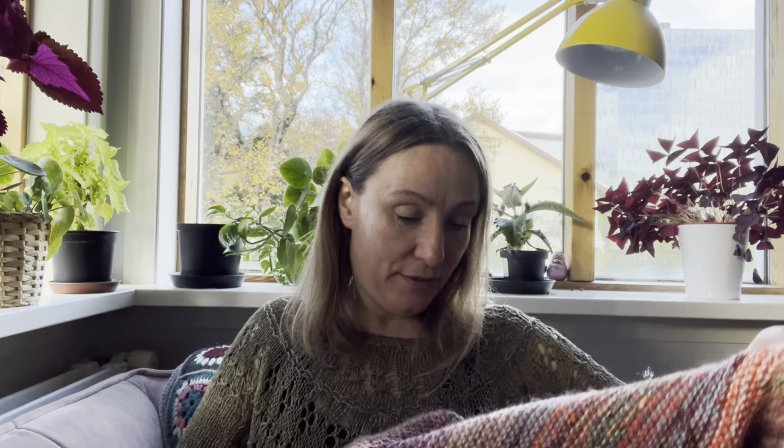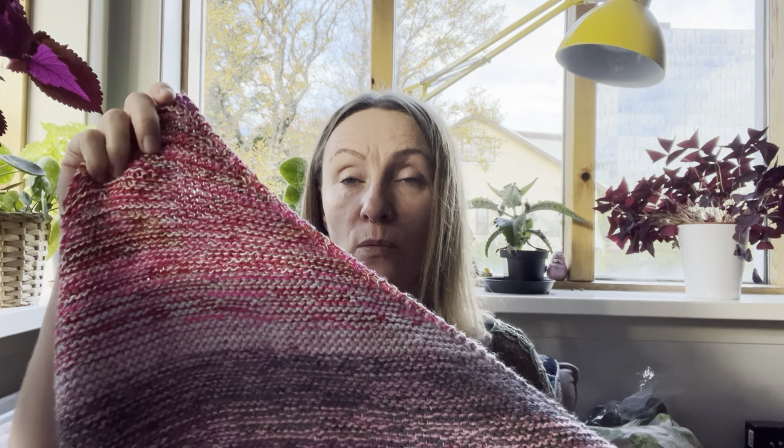And my biggest finished object is the rainbow Scrappy blanket that I was working on last time. This is 2.2 kilos of yarn. It's ridiculous, it's so big. But this is loved by every member of our family. We all adore this thing. I had 180 grams of each color family, so red, orange, yellow, green, blue, and purple. And then I had the equal amount of a neutral yarn that I held. I held 2 strands together, one in a neutral and one in each color family. And I faded it from